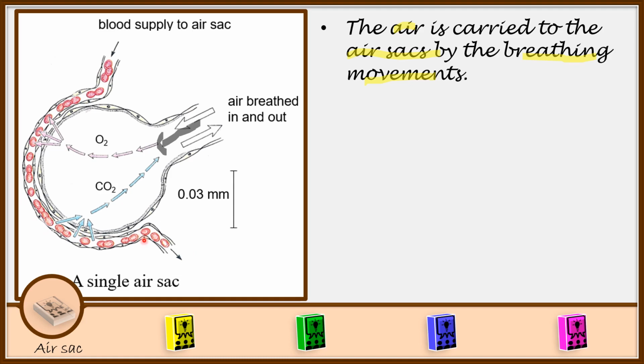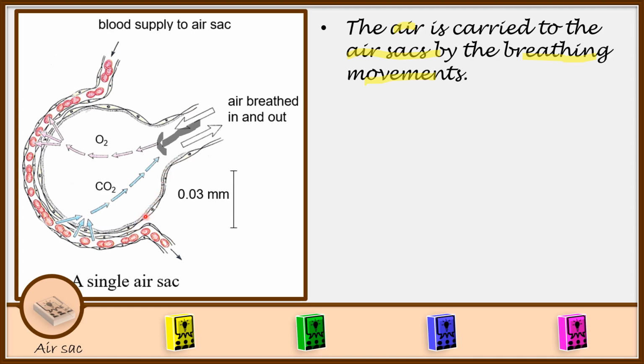Now that blood is the one which is going to absorb oxygen. Oxygen will enter into the air sac and it will diffuse into the blood capillary. And then the blood has brought carbon dioxide. Now that carbon dioxide will diffuse out of the blood capillaries and it diffuses through the epithelia of the